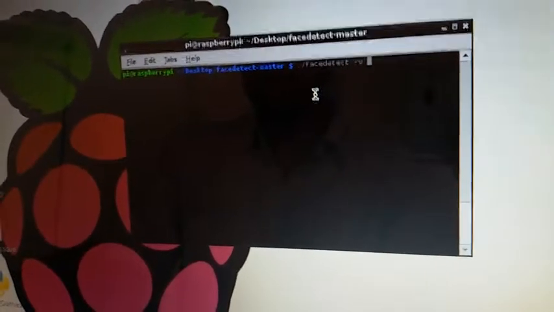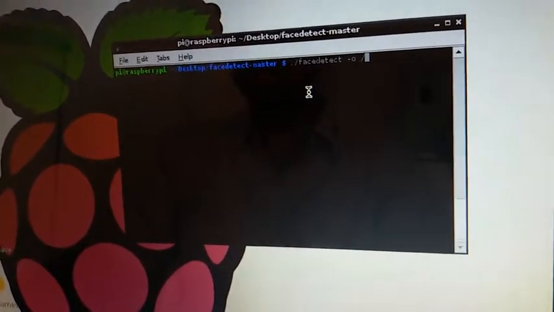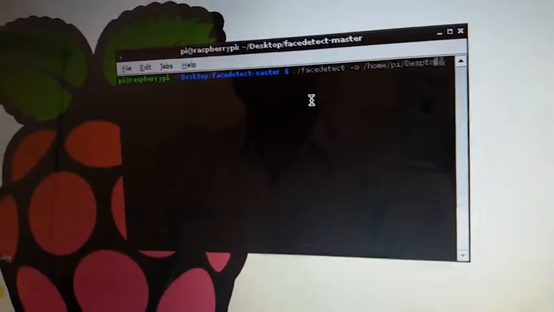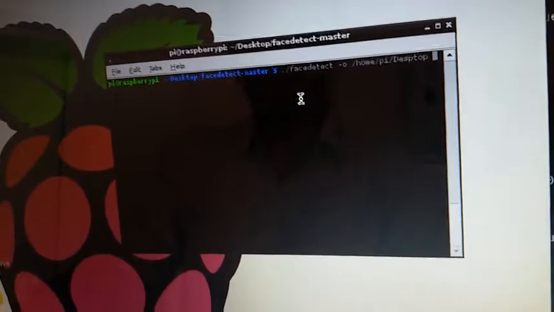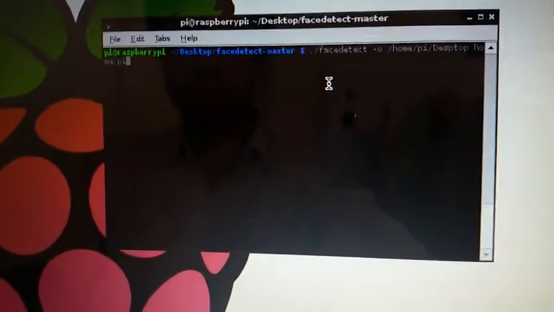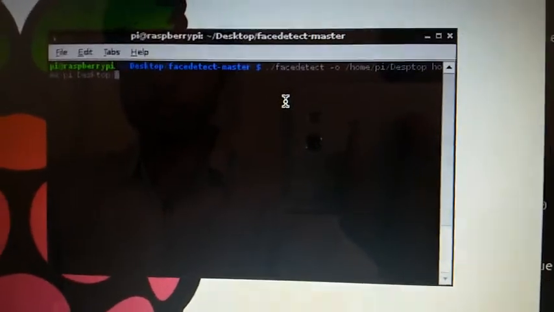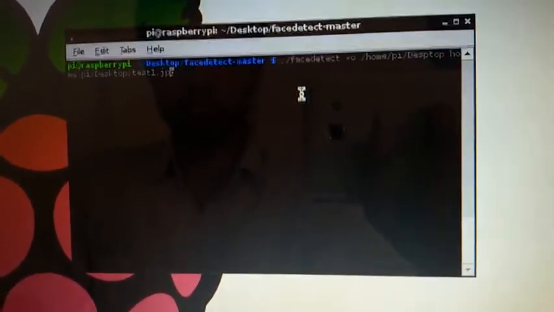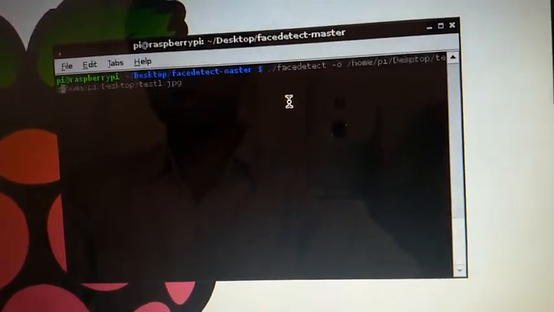The destination folder is /home/, we are putting it on the desktop, and our input image is also on the desktop, that's test1. Let us name our output image test2.